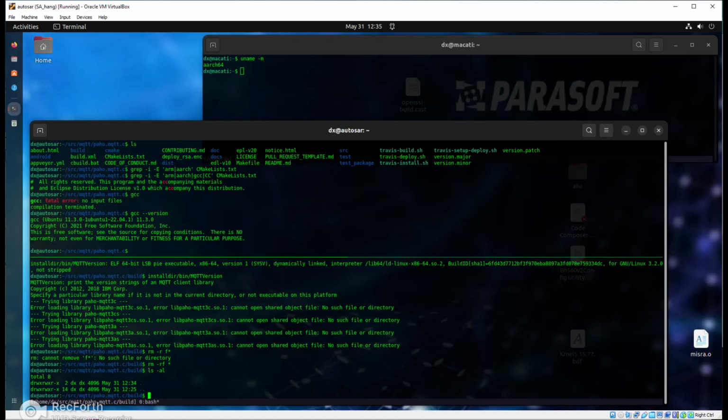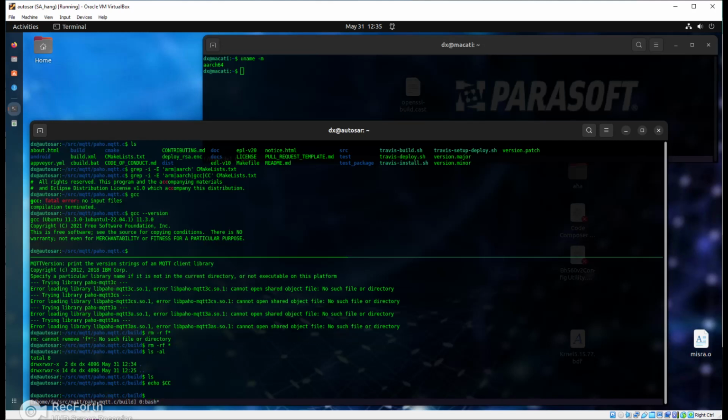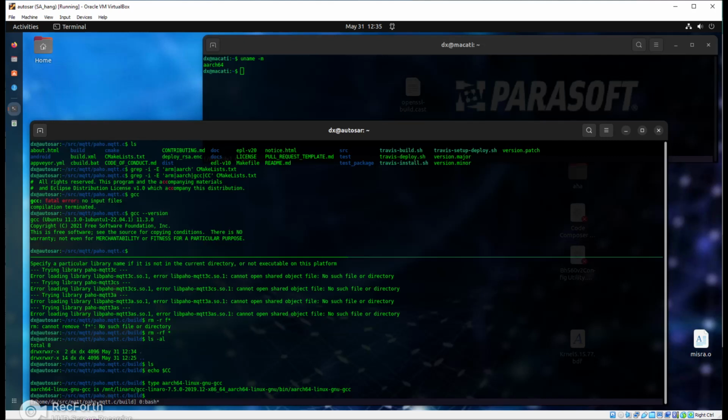Now, in order to cross-compile this, we need to override a well-known variable, the CC variable. Right now, that variable has no definition, but it is a well-known variable that is used during standard builds on Linux. So in my system here, I have a cross compiler, aarch64 Linux GCC,